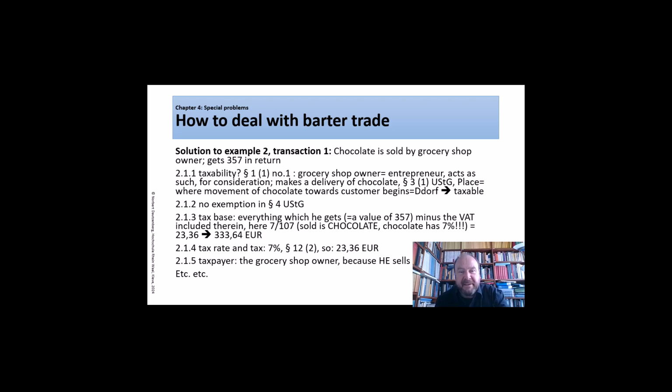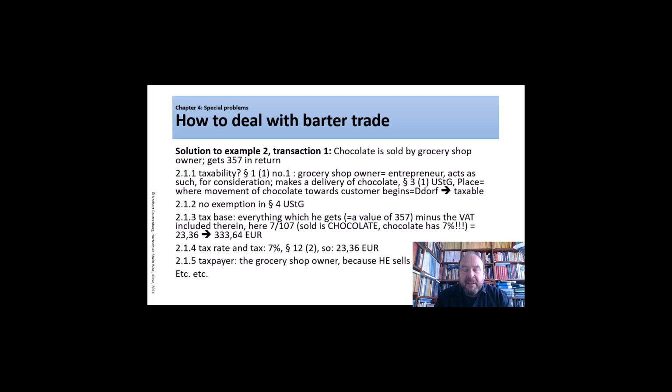Chocolate tax base is everything he gets minus the VAT amount included therein. He gets 357. VAT amount for chocolate is 7%, not 19%. So 100 out of 107% of 357 is the net amount, 333.64. Tax rate and tax is 7%, 23.36. Now your subconscious will probably revolt and say, well, yeah, but 357, computer 19% or so, but the answer